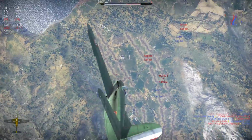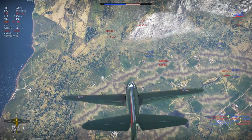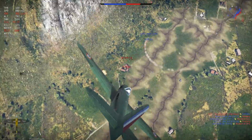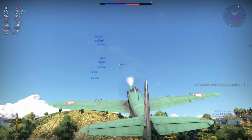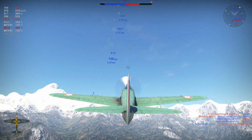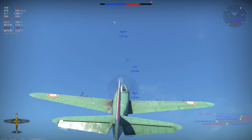Then going up against single engine fighters that you typically see, such as a Typhoon, a Spitfire F Mark 9, a Messerschmitt 109 F4, these are all planes that are going to outmaneuver you considerably and outturn you at the bare minimum. Although you are able to match the turning circle with the likes of a P-47D Thunderbolt and a Focke-Wulf 190 A4, so you can always keep this in mind, particularly if you play to your landing flaps. Although the only thing to note with your landing flaps is that they bleed a considerable amount of energy out